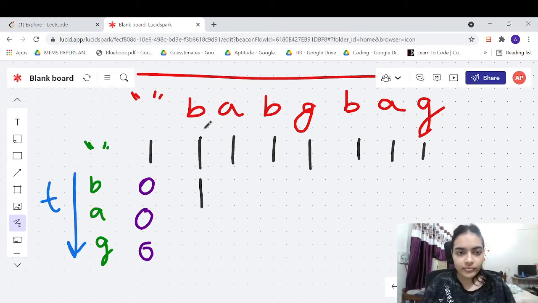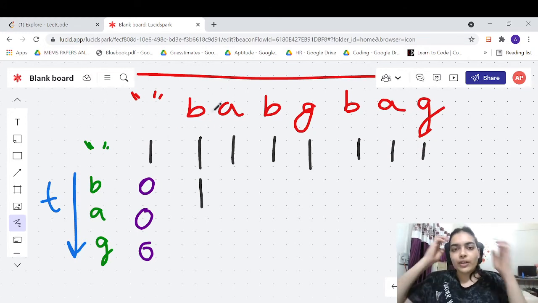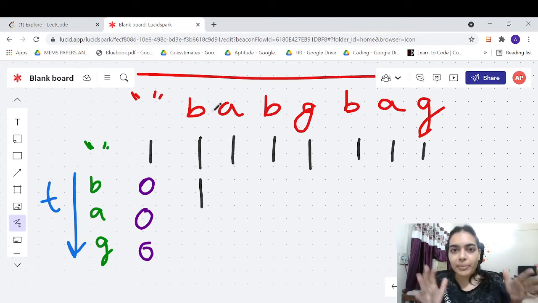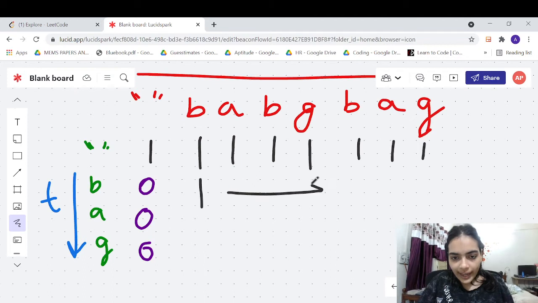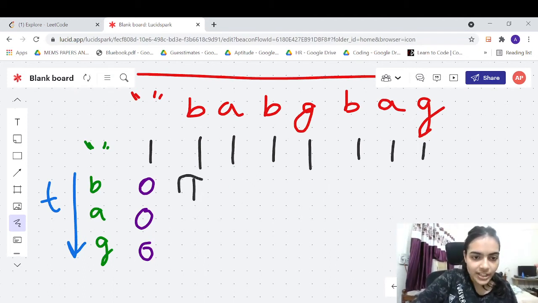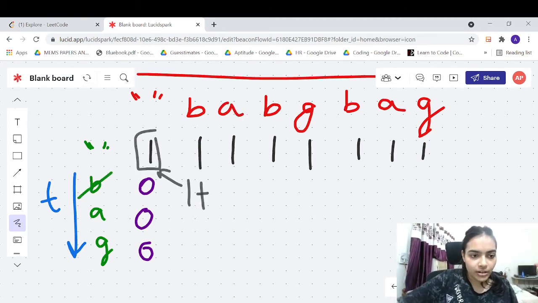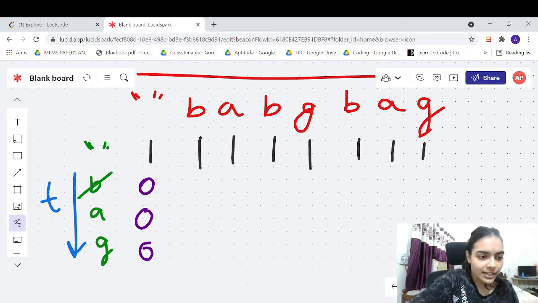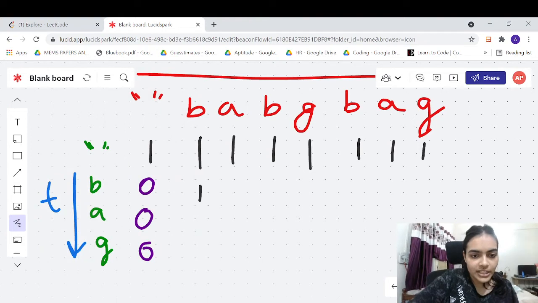We are looking up because we have the answer for the previous character, because we are filling the DP table like this, right? So for the previous values we already have the answer. We already have this one. So since B and A don't match, the answer will simply be the value in the previous table. So in this particular case the answer will simply be 1. So let me just fill the same answer as this and it will be 1.